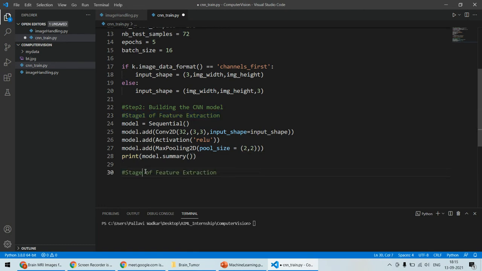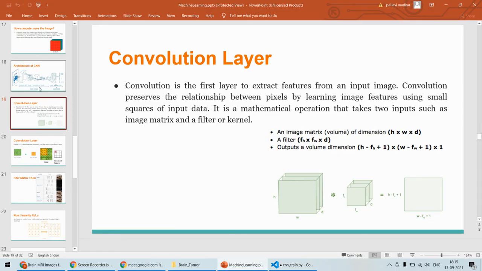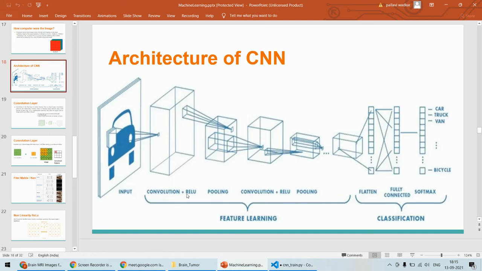और स्टेज नंबर 2 के अंदर फीचर एक्सट्रैक्शन के अंदर, जैसे आपको पता है कि लास्ट टाइम मैंने बोला था कि कन्वोल्यूशन प्लस रेलू प्लस पूलिंग। अगर आप यहाँ पे कन्वोल्यूशनल न्यूरल नेटवर्क का आर्किटेक्चर देखोगे, तो कन्वोल्यूशन रेलू पूलिंग, कन्वोल्यूशन रेलू पूलिंग, नंबर ऑफ चीजें हम उसके अंदर ऐड कर सकते हैं। तो यहाँ पे भी स्टेज 2 के अंदर हम नंबर ऑफ कन्वोल्यूशन प्लस रेलू प्लस पूलिंग ऐड करेंगे।